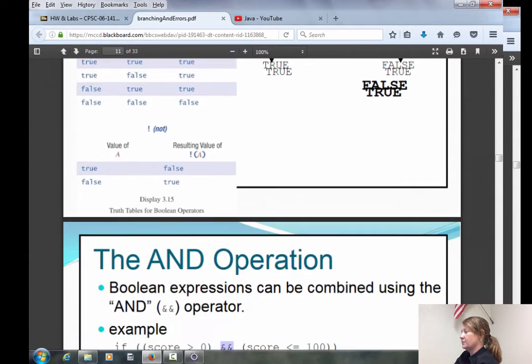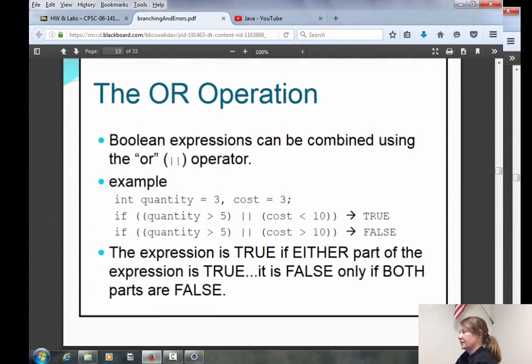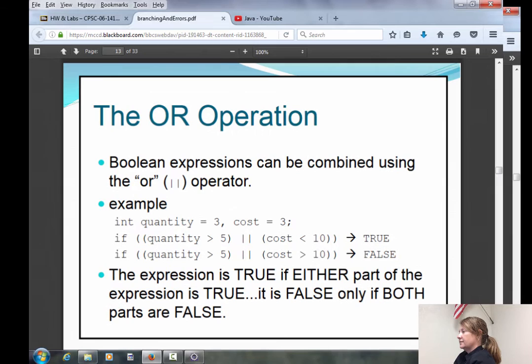Okay, let's look at an example of our OR. Now the OR operator is written with a line and a line. So in Java it is written with a line and a line, and you might look at your keyboard and wonder where that key is. It is located underneath the backspace key, right above the backslash.